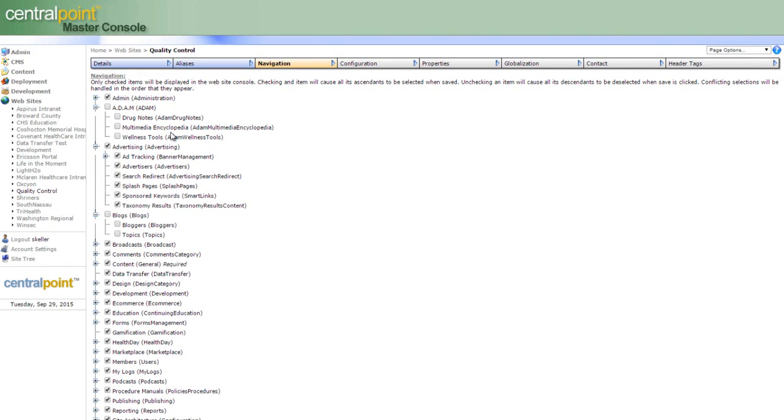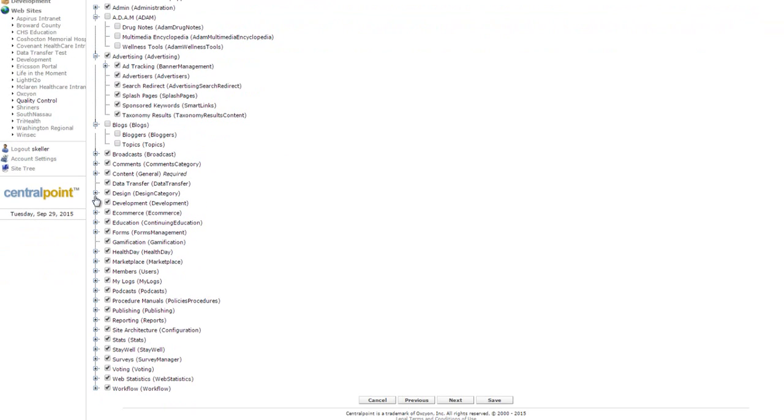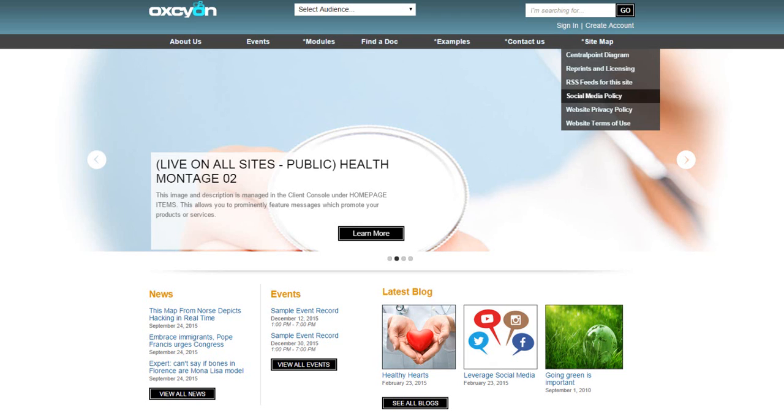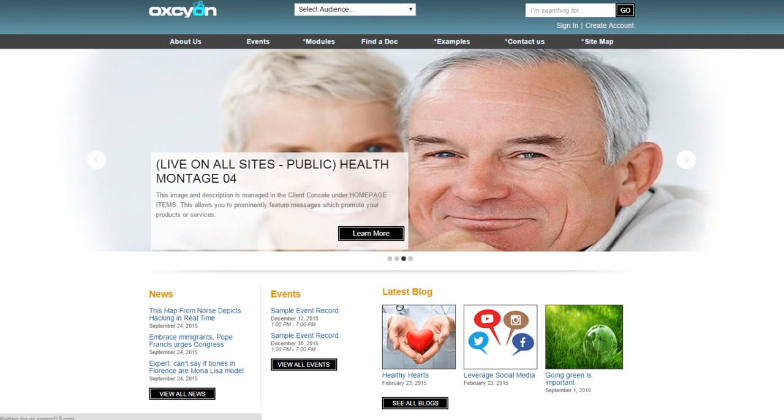And in this example, I'm going to turn off this section known as Atom. I'm going to turn off these items known as blogs. And I'm going to turn off all the commenting. And I want to show you live what's happening here. If I log into the back end of this site, you'll see that the client console is controlled by the parent at a higher order. So I'm going to log in,